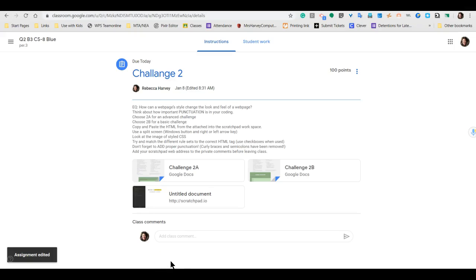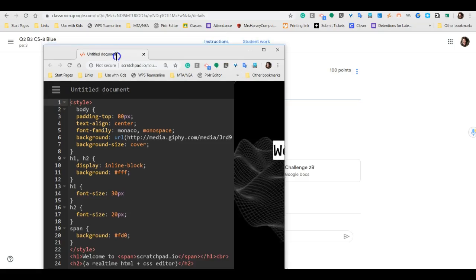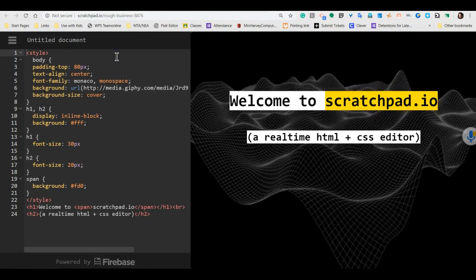Today's challenge is very similar to yesterday's. You have the choice between Challenge A, which is an advanced challenge, and Challenge B, which is a simpler, more basic challenge. The first thing we'll do is open up the Scratchpad IO, and we'll do our split screen